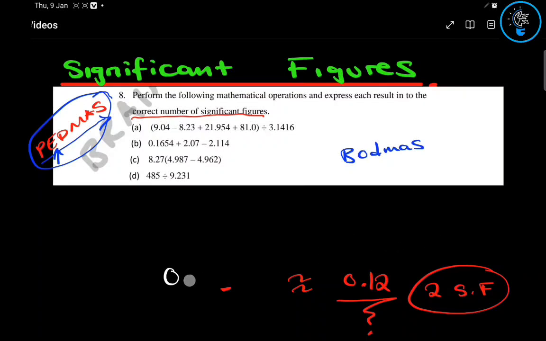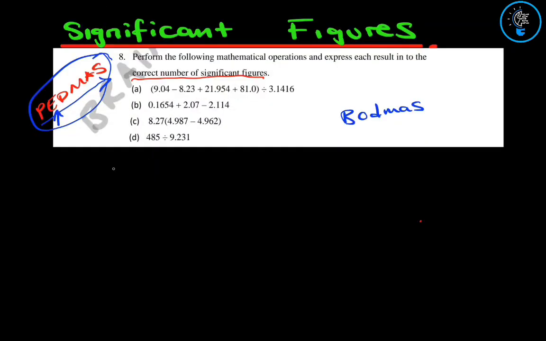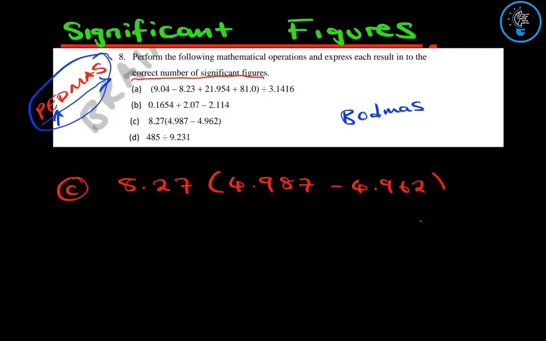Okay, let's do C now. Remember, we are rushing. We need to answer some questions from exam papers. So this time we have C, and C states 8.24 open 4.987 minus 4.962. Remember, we begin with parentheses. So in parentheses, we have 4.987 minus 4.962, which will give us a value of